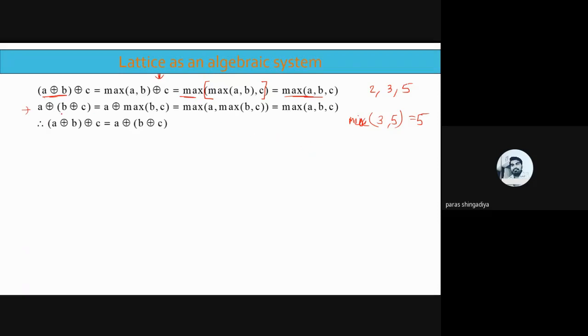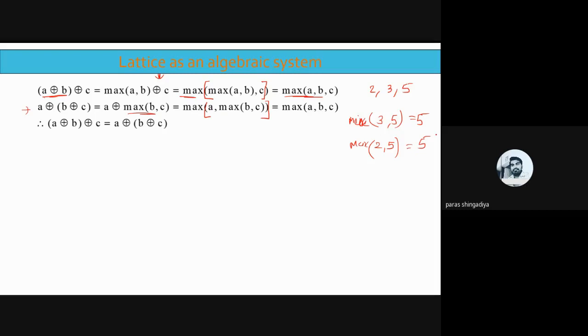That is right, B ring sum C, that is equal to maximum of B comma C. Clear? And now remove this outer operator. So it is maximum of A comma maximum of BC, and that is equal to maximum of minimum of B, maximum of BC, that is a 5, and with A, that is a 2 with 5, and answer of 2 with 5 is equal to the 5.